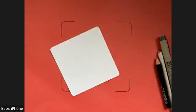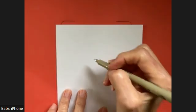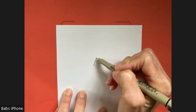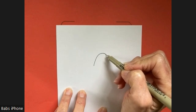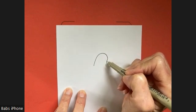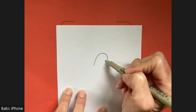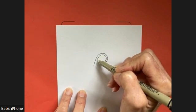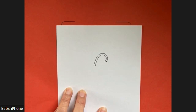I'm going to start on scrap paper because there's a trick to doing Hollis that I learned the hard way. When I first started trying to do it, it was very confusing. So it starts with just, we're going to make a curve, and you always come back in on itself, okay? And then aura the inside of that curve, okay? So that, to me, is the single most important thing to remember